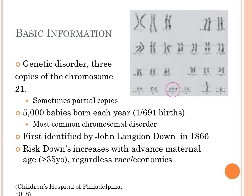Some basic information about Down syndrome is that it is a genetic disorder. There are 3 copies of chromosome 21. Usually there's only 2 copies of each of the 23 chromosomes. However, with chromosome 21, there are 3 copies, hence the name trisomy. Now, there are sometimes partial copies of the 3rd chromosome 21, so don't always expect